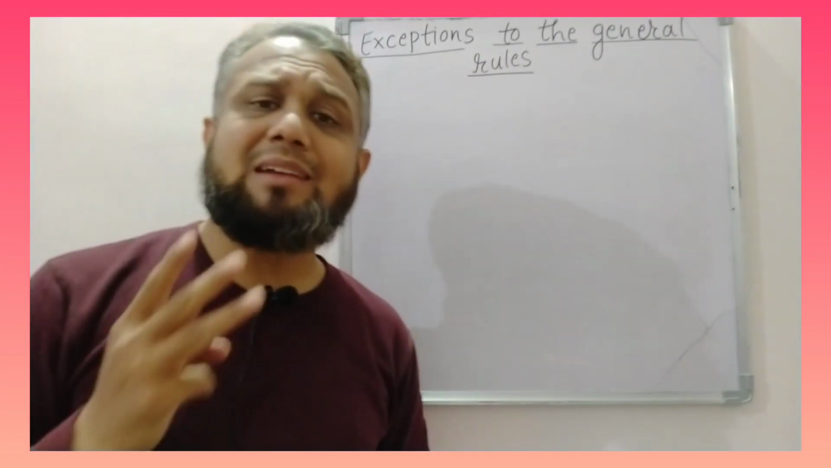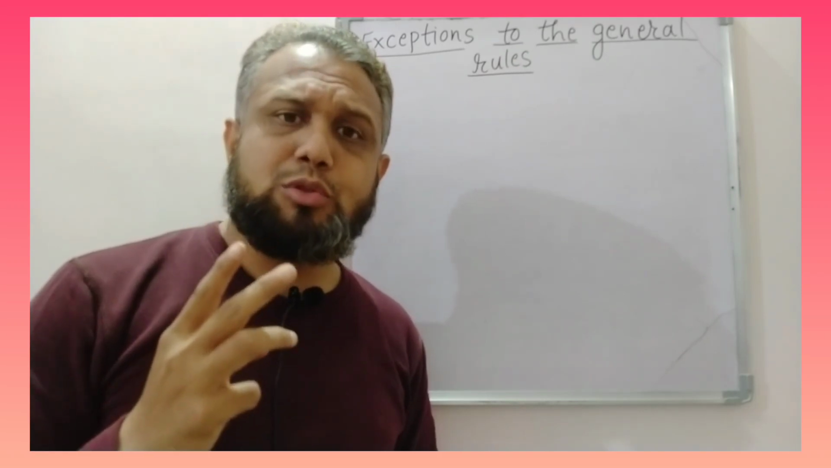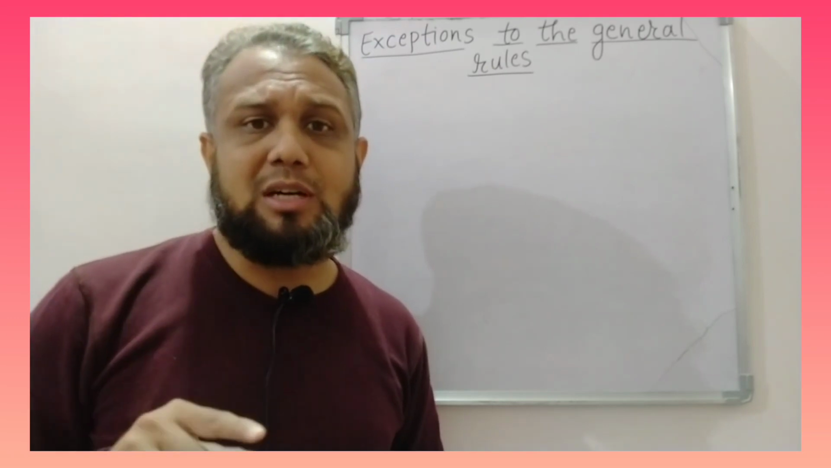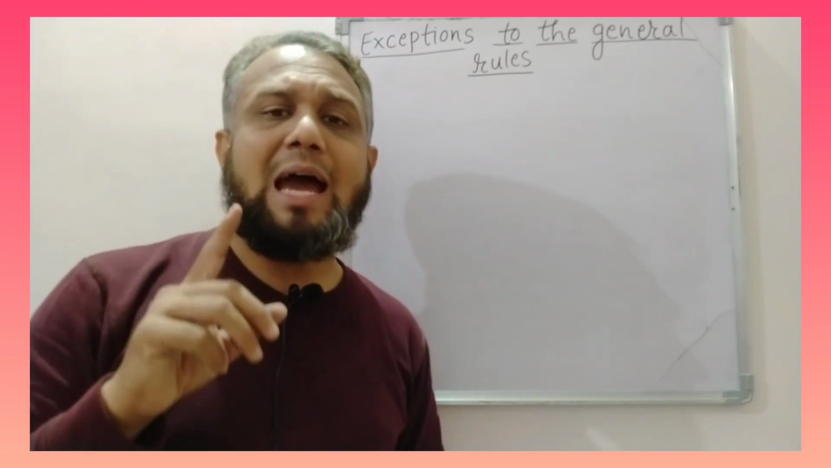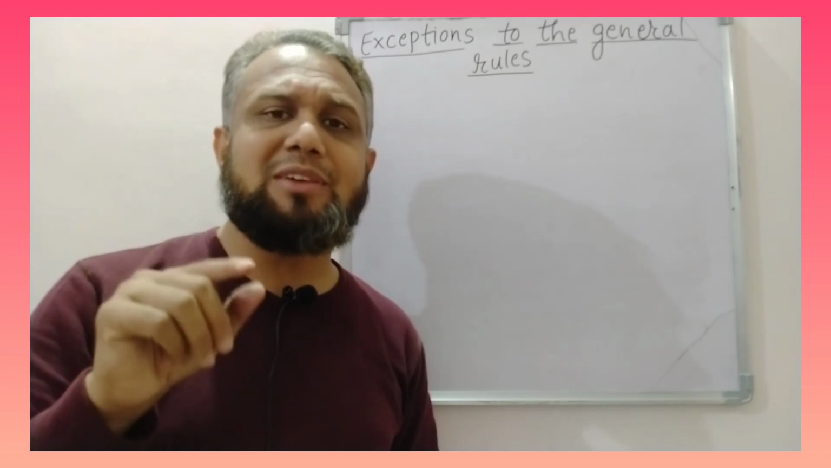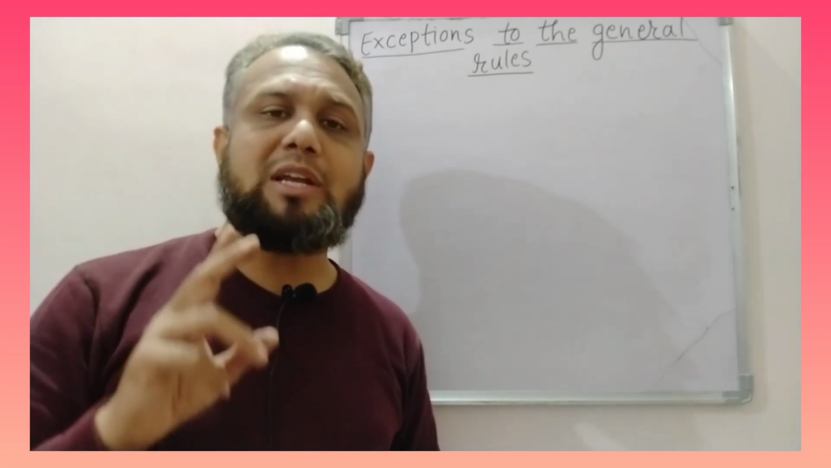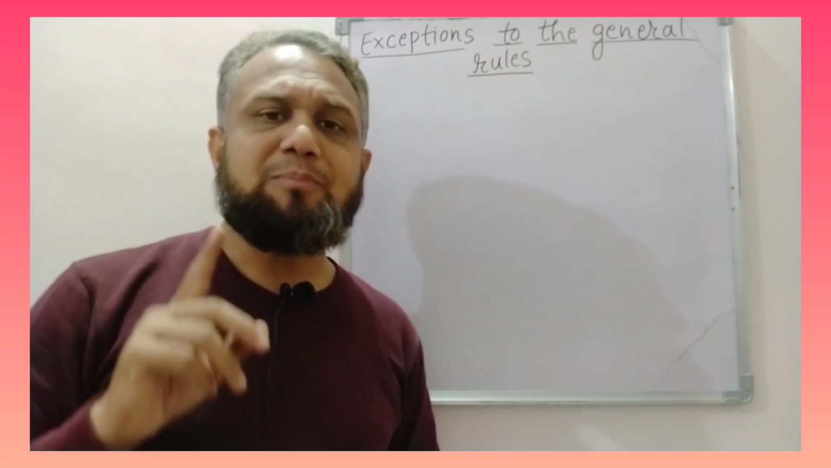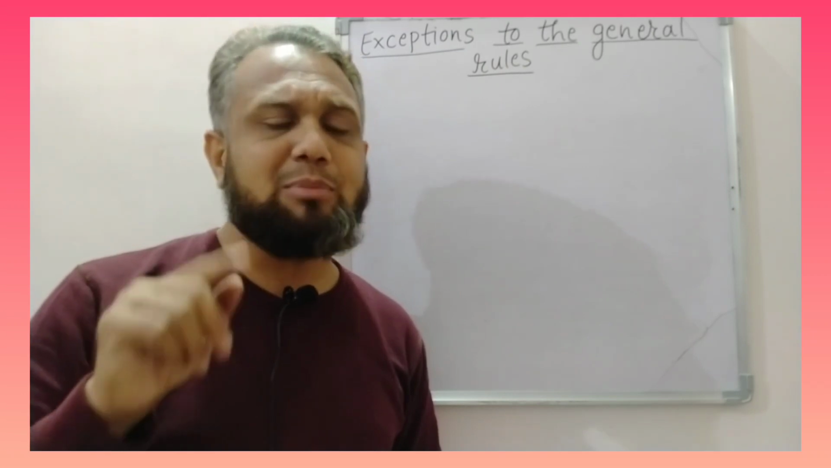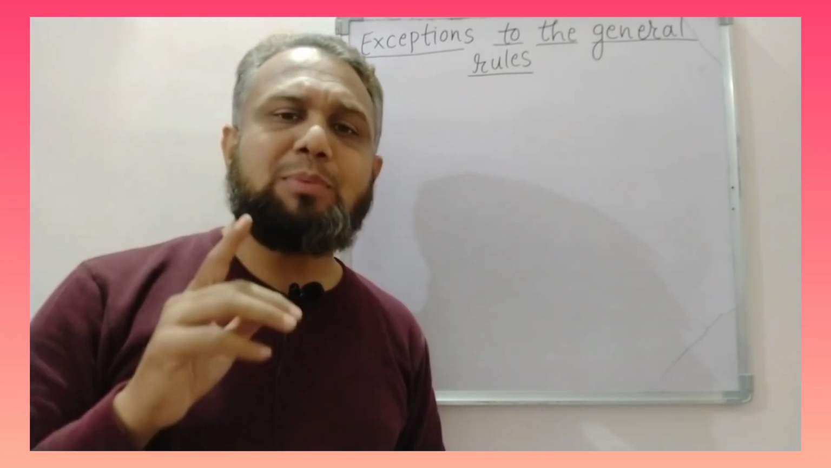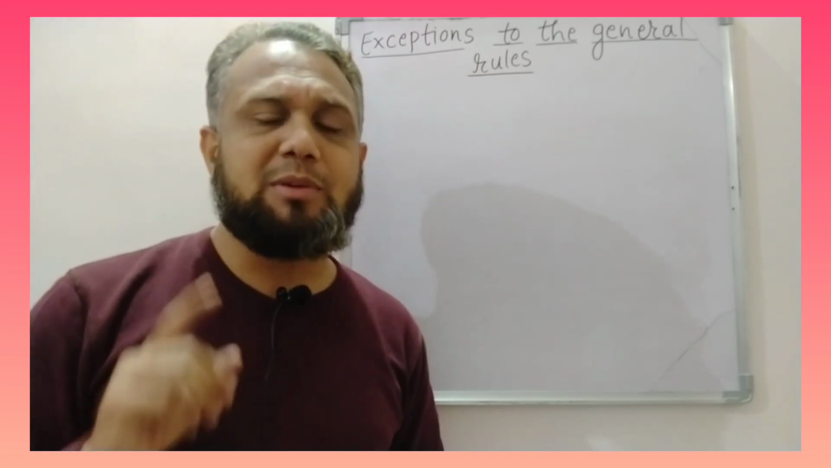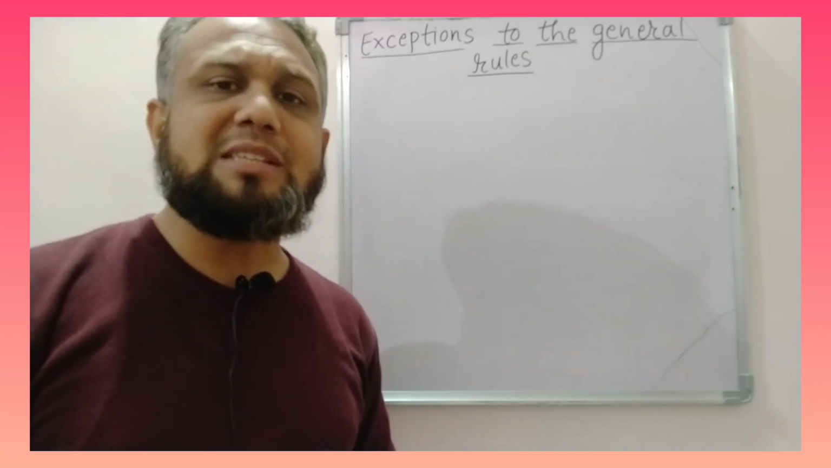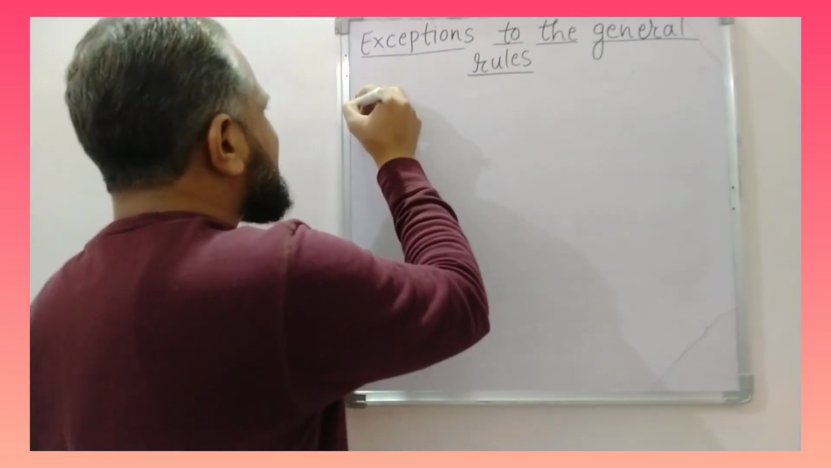Okay, so we have seen that there are three general rules: how to use article a, how to use article an, and how to use article the. According to the first general rule, we have to use article a before a word if it starts with a consonant. According to general rule number 2, if a word starts with any vowel, then we have to use article an before it. And when we talk about any particular or unique thing, we use article the before it. Now there are two exceptions to these general rules. The first exception is that